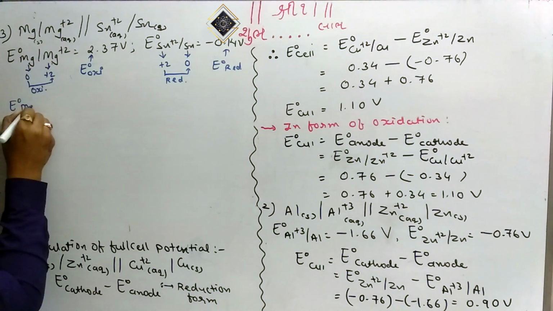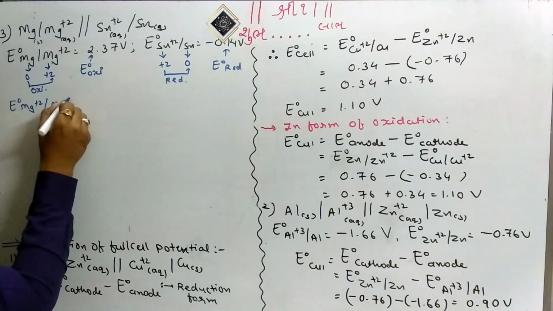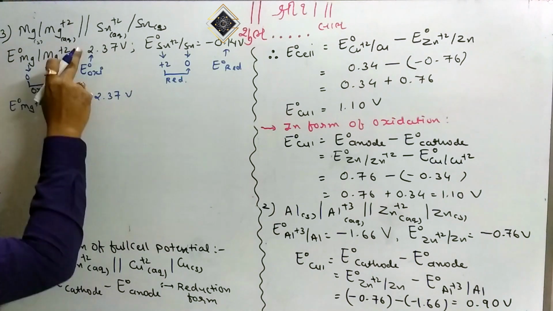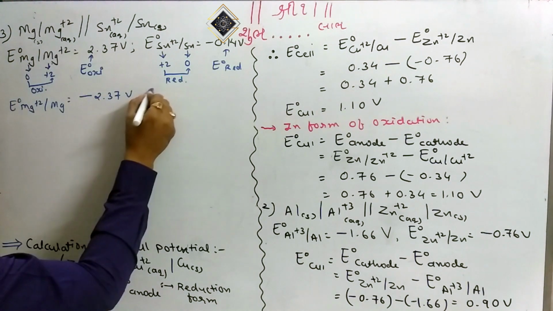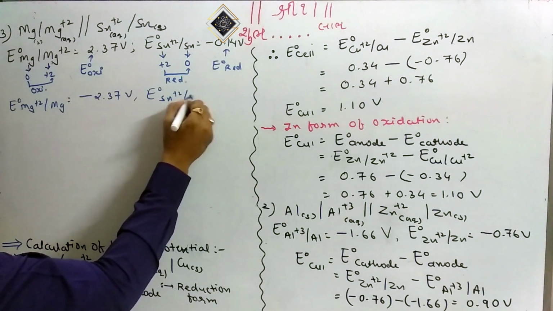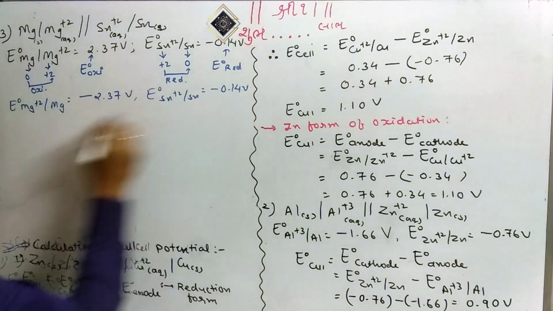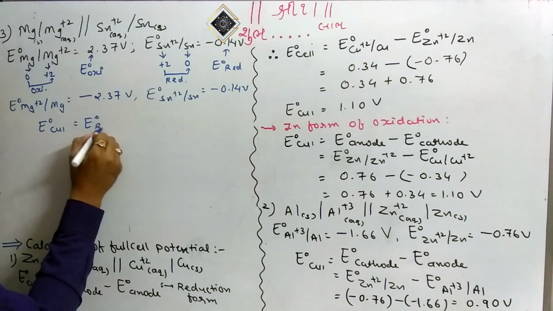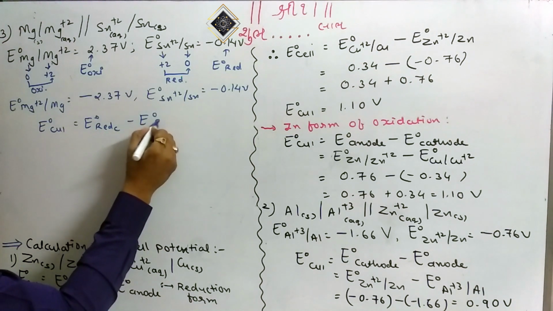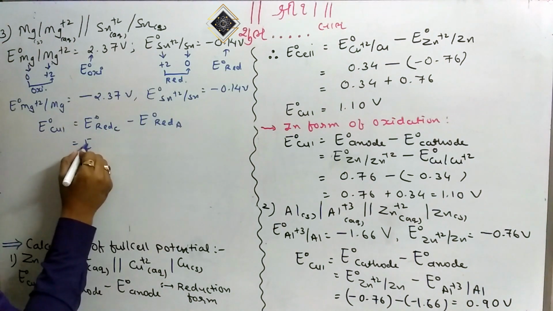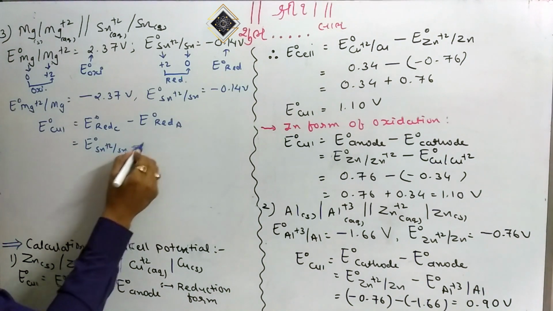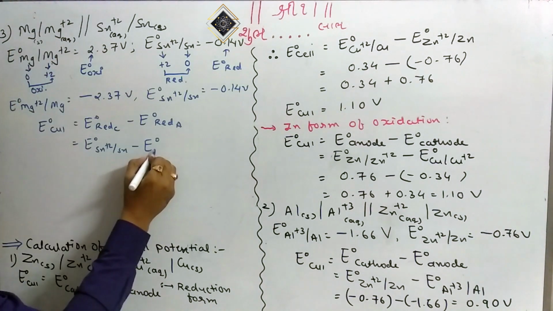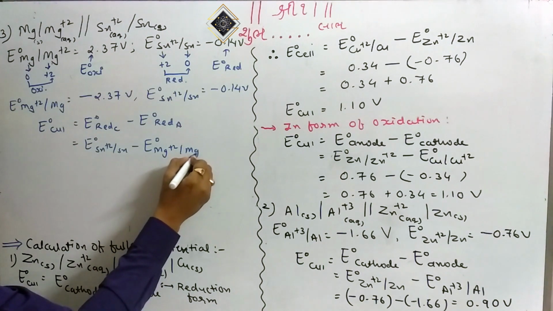Now we have E0 Mg+2/Mg, the half cell potential the same in magnitude but opposite in sign. Here the sign is positive, here the sign is negative. The reduction potential of Sn+2/Sn is already given, that is -0.14 volt. Now apply the formula, E0 cell equal to E0 reduction of cathode minus E0 reduction of anode. Reduction of cathode is Sn+2 converted into Sn, minus E0 of the anode side. It is Mg converted to Mg+2, so we have to write the opposite of this, because in the reduction reaction Mg+2 is converted into Mg.